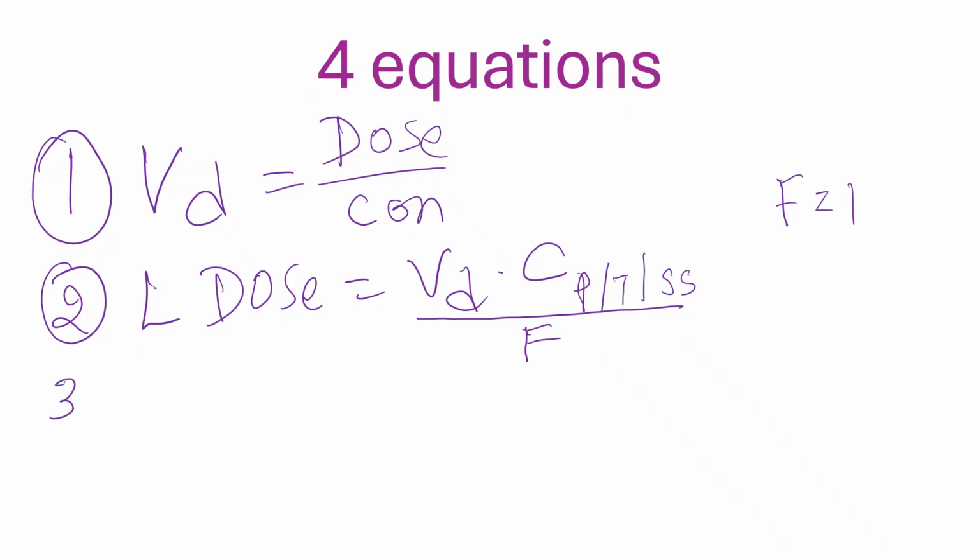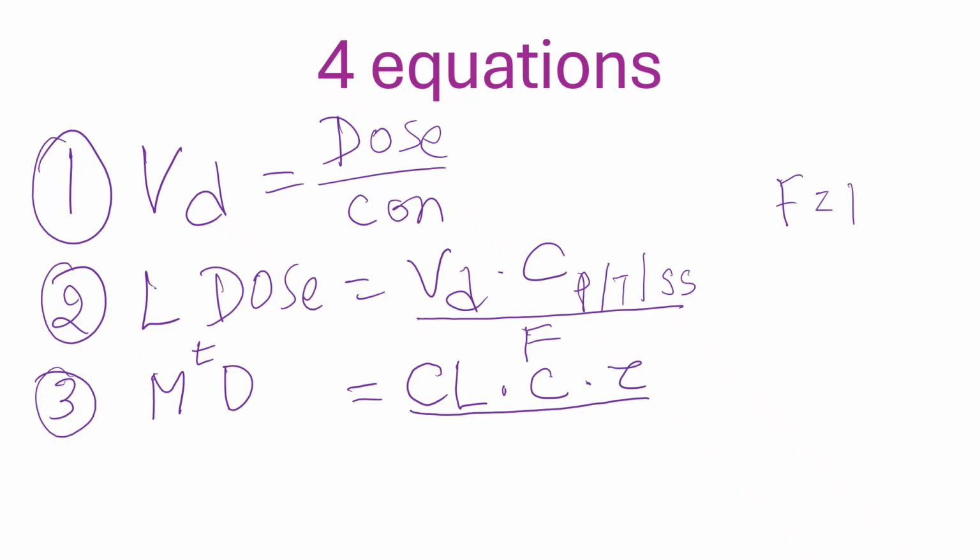Number three, because we are talking about loading dose, let's do the maintenance dose. For the maintenance dose, remember tau. The maintenance dose is always given at a frequent interval. The maintenance dose mainly depends on the clearance. Clearance times C, the C is common, and you don't forget tau, the time interval, times tau, over F